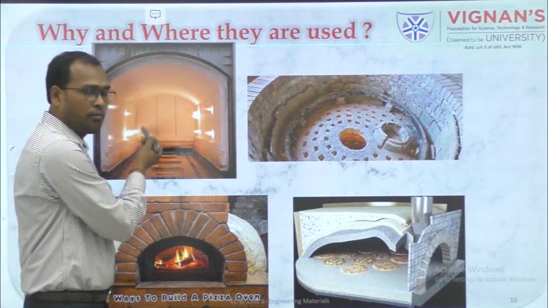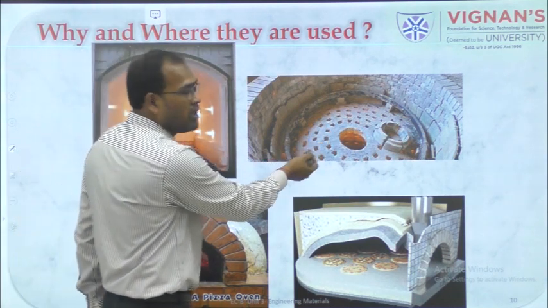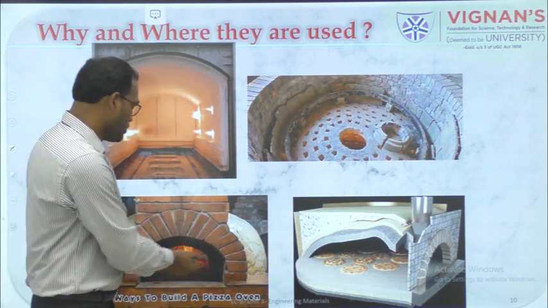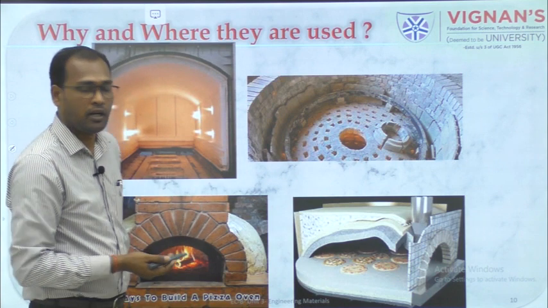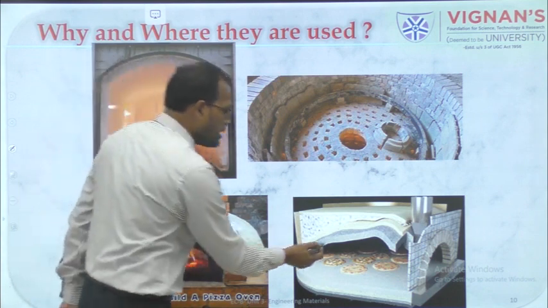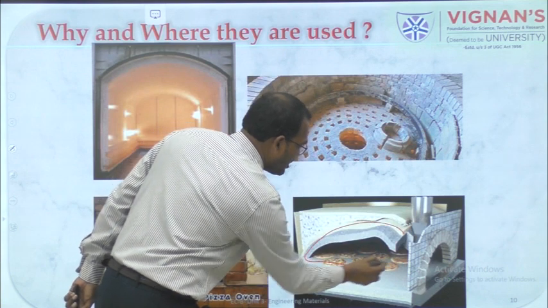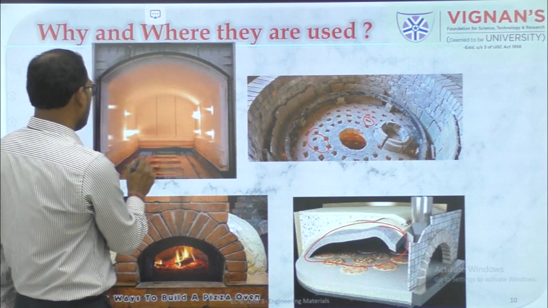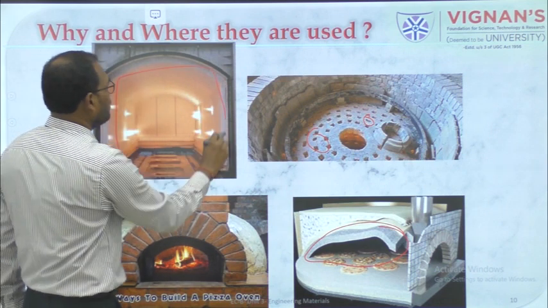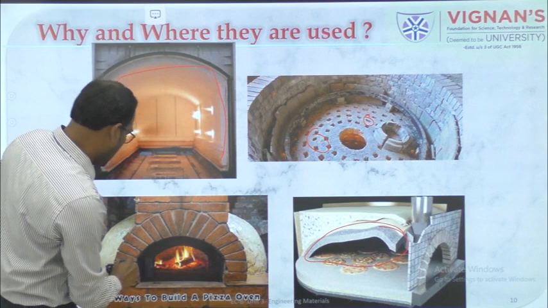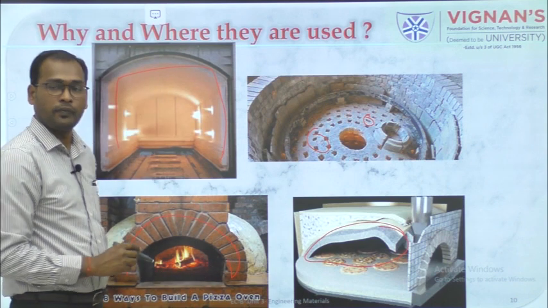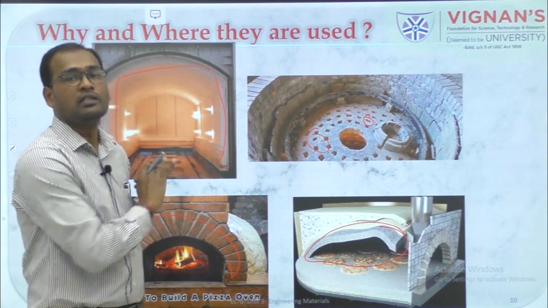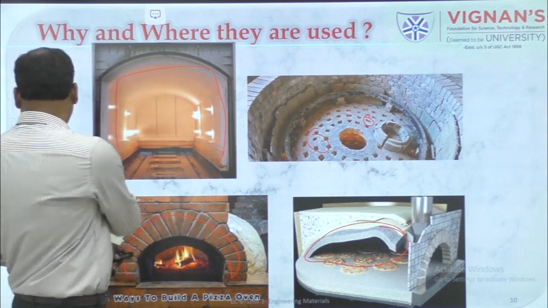This is for metal and this is for a chimney, for anything, and this is our common household oven where they make pizza or bake bread and all these things. These also use refractory. You can see here the refractory material, right, and here also these are all refractory material, and here this will be the refractory material used. So these are some examples where refractory material has been used, right.